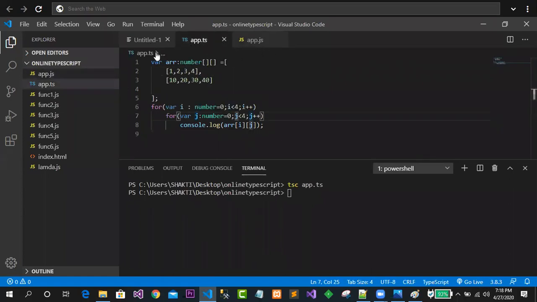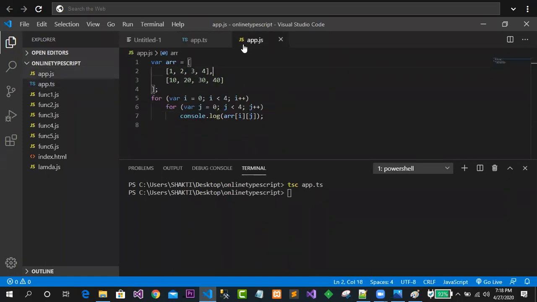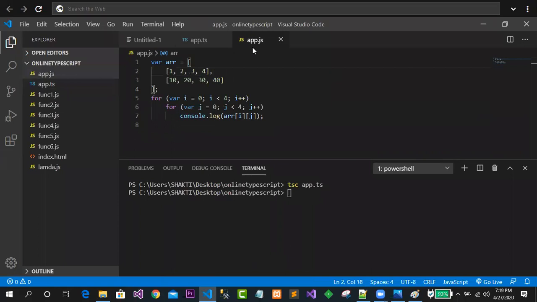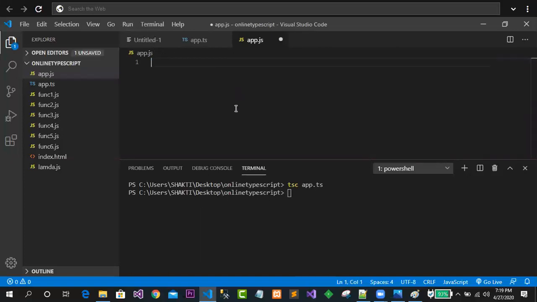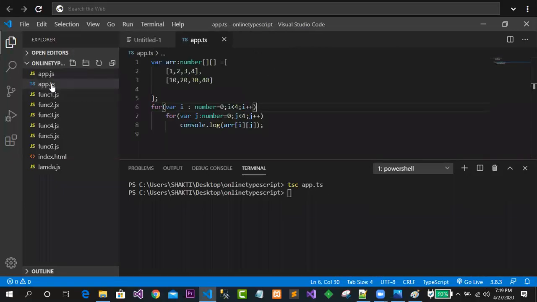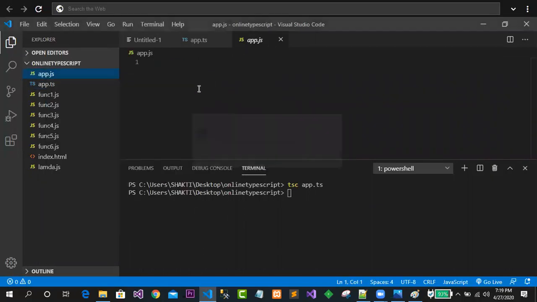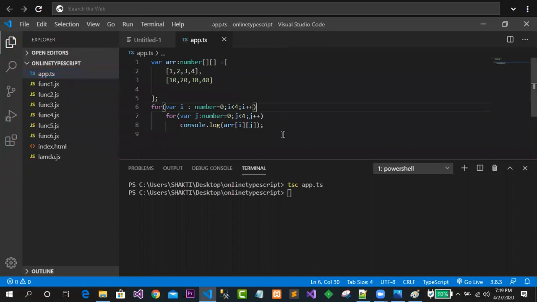App.ts is here. Sorry, some issues have occurred here, so let me delete one second. Sorry, I am just deleting this JS part. Let me delete this one now. Now I'm coming to this point.